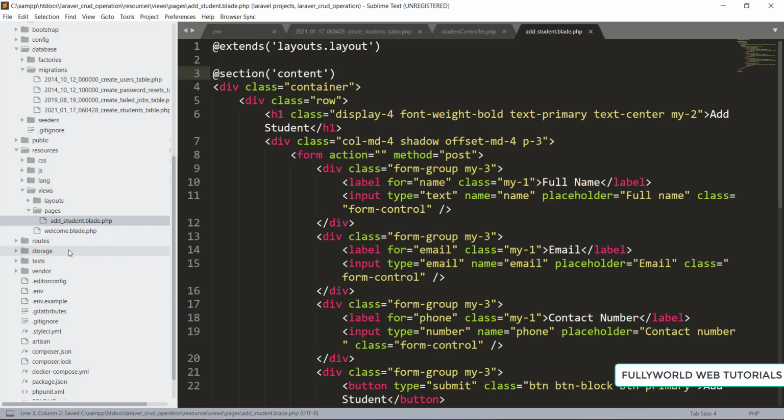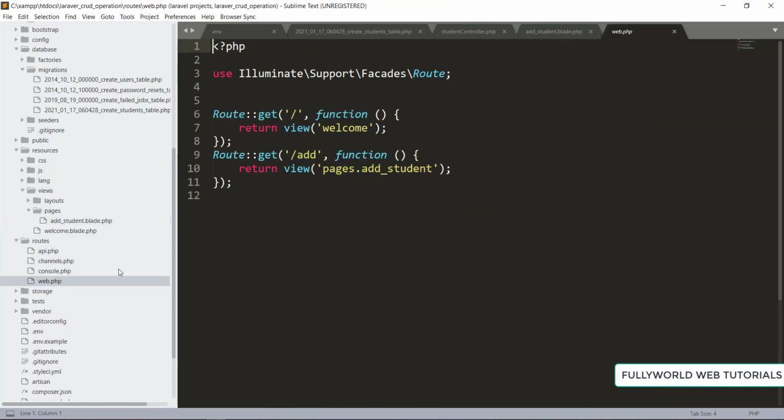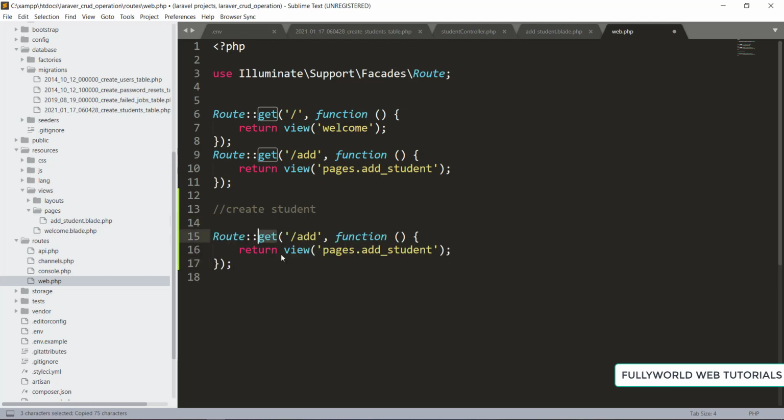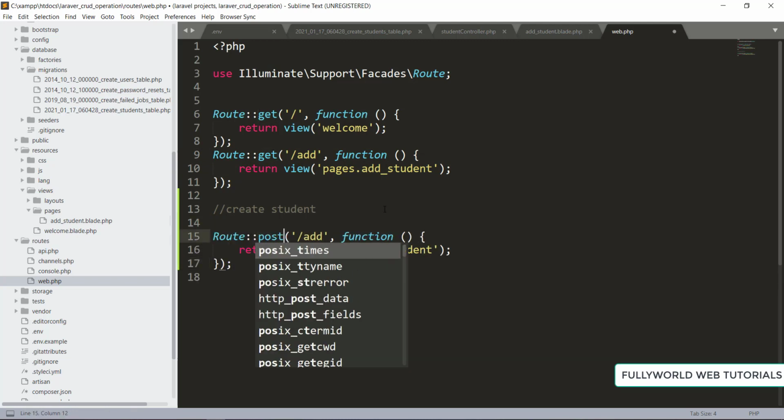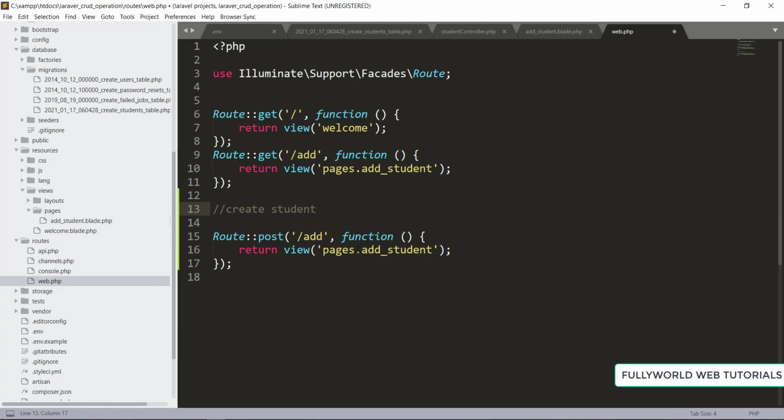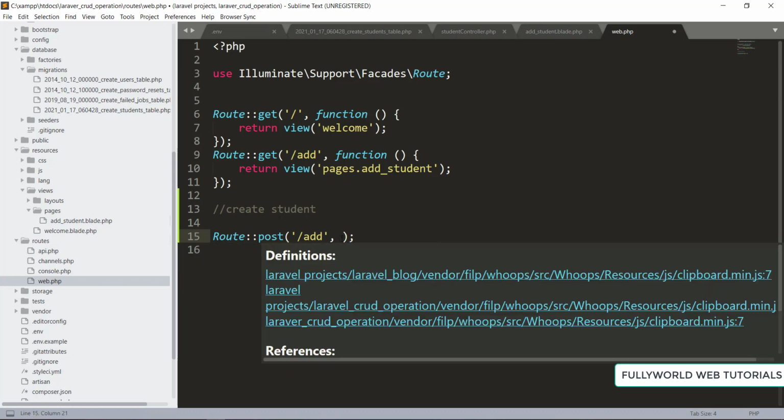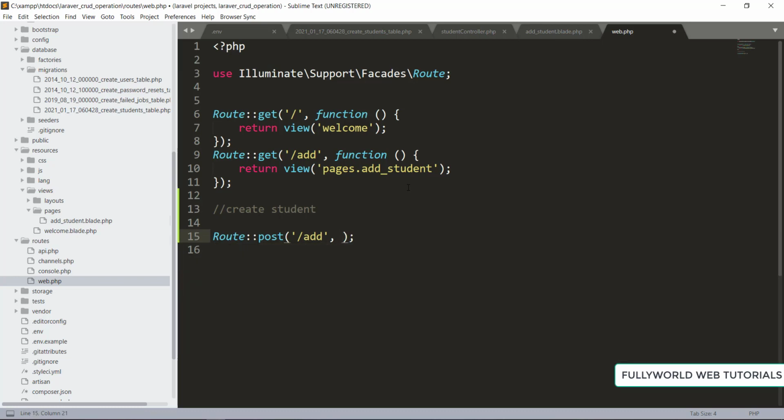Before that I'm going to routes, web.php. Here I'm adding one route, that will be our create student operation route. I'm going to copy this, and this route will have our post method. But for this post method, instead of returning the view, we are going to set it to our student controller here.